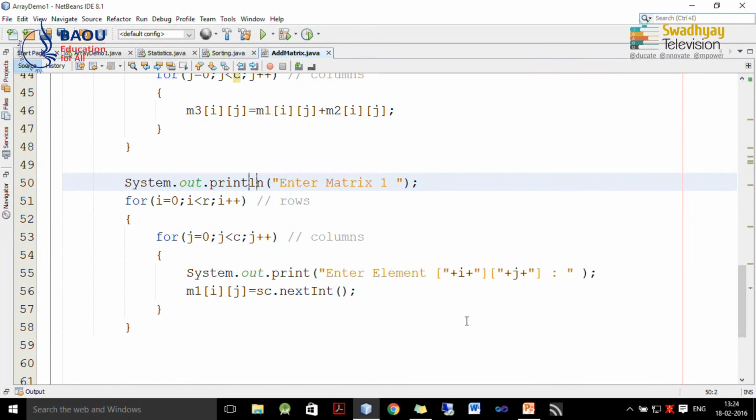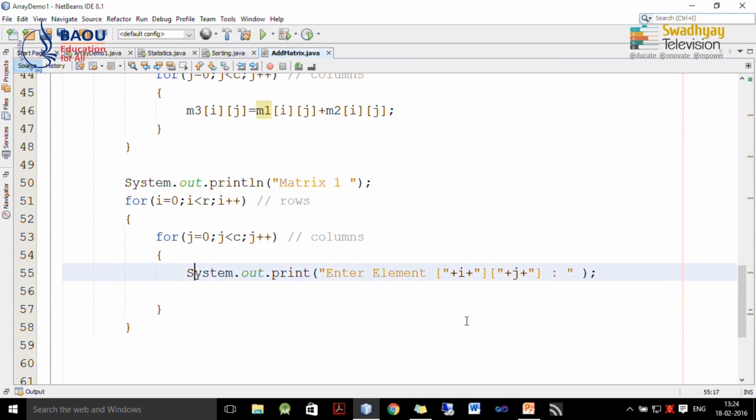So, here instead of entering, we are telling user that matrix 1 is this. So, here we write down M i j and we separate each element by tab.